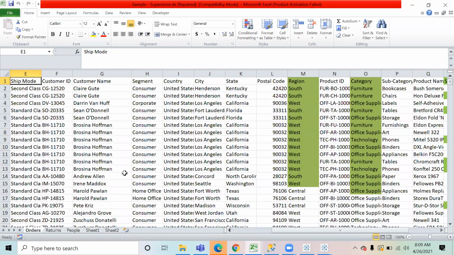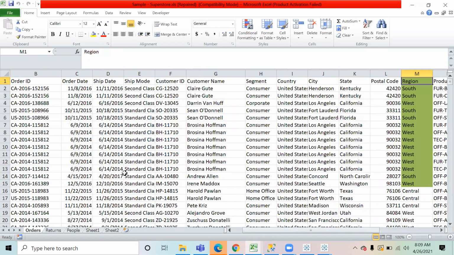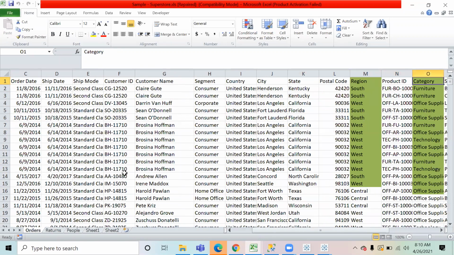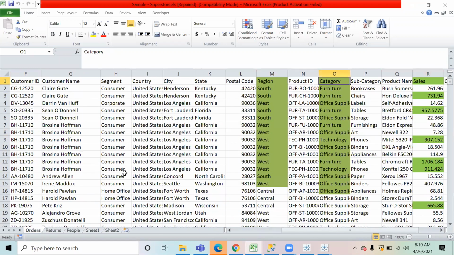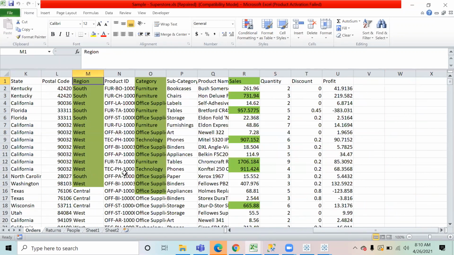In this file, we have the data: row ID, order ID, on what date the particular order was sold, on what date that order was shipped. So we have a good amount of data in this. To which segment the order belongs, from which country, state, and city the order was purchased. We have the information regarding the category, subcategory, and the product name, and what the sales value, quantity, and profit were. I guess all of you are already aware of this data.